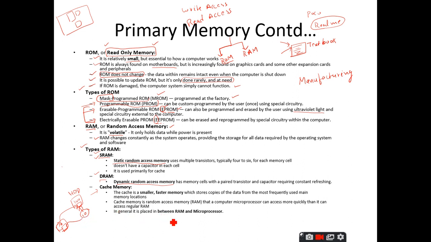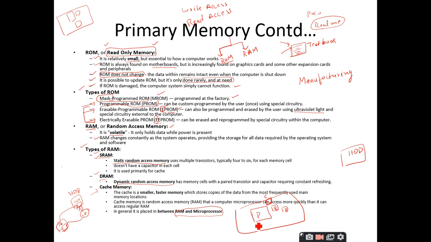And it is in general placed between the RAM and the processor. So, we have the processor here, and beside this we have RAM, and we have ROM somewhere else, and the hard disk drive is somewhere like this, very far from the processor. This is the motherboard, and in between this processor and this RAM we have the cache memory.